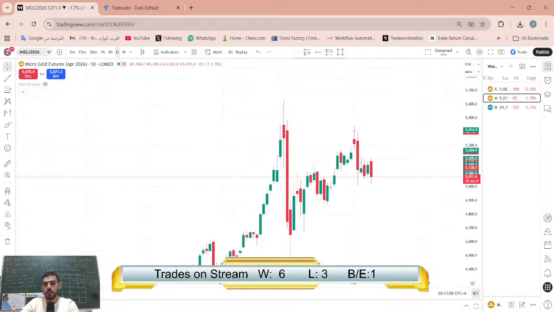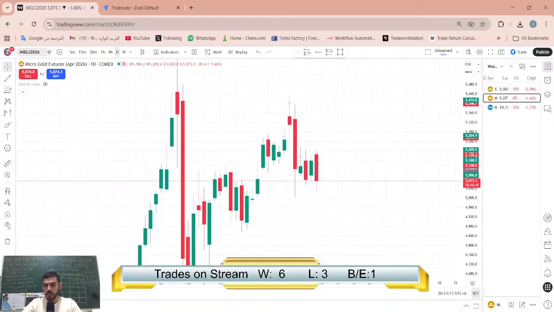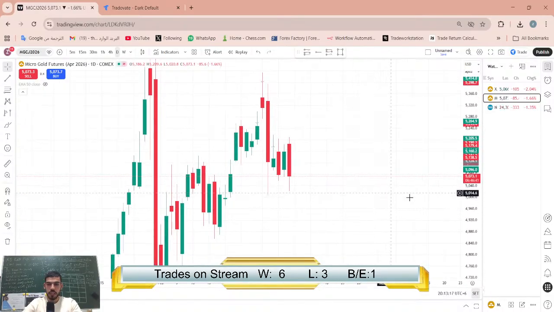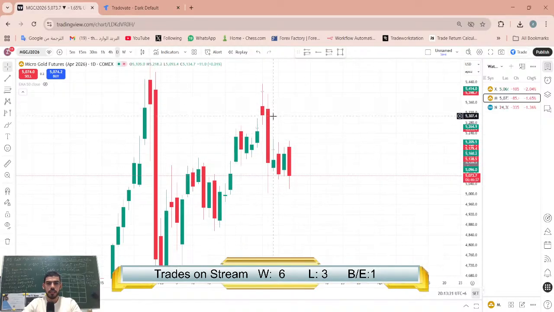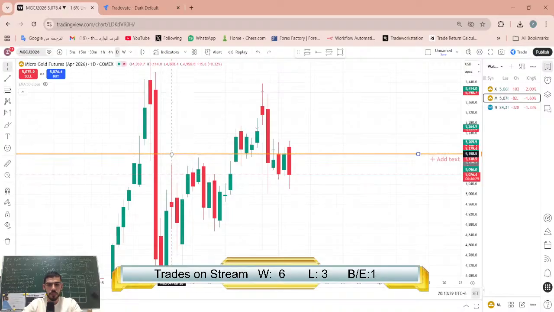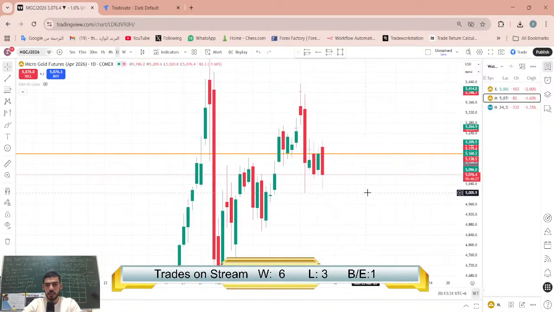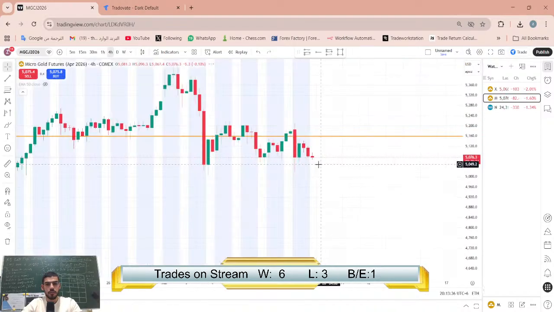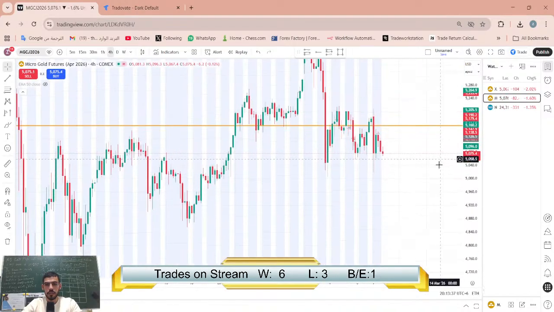So let's start with the top-down analysis and then we will get to it straight away because there is a 15-minute candle closing in about 2 minutes. So as we can see here, gold is creating lower lows now. We can see that gold closed below this area right here, and I believe it created a resistance, but it does not look good here. So yeah,